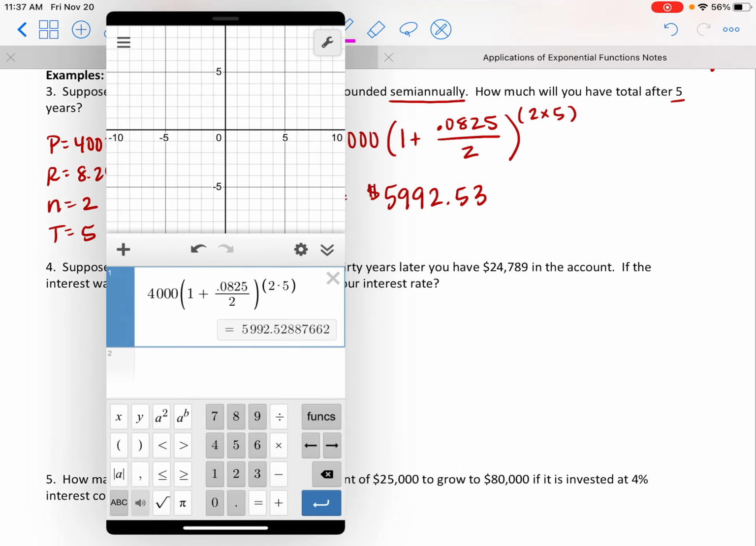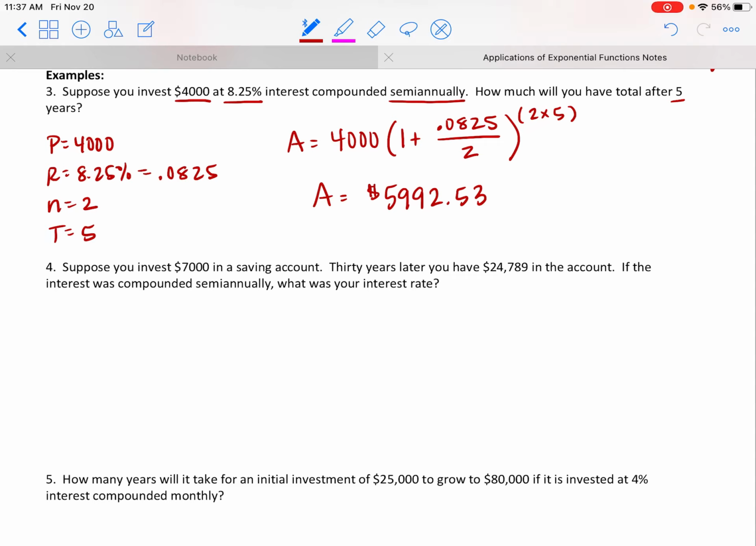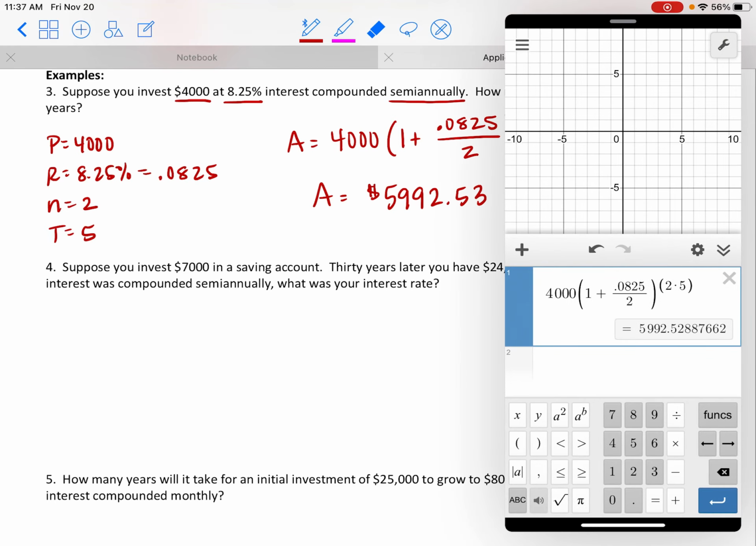$5,992.53. Okay, so what's happening here is you invested $4,000 into this account, and after 5 years of 8.25% interest being compounded semi-annually, you end up with $5,992.53. So if you started at 4,000, let's subtract out that 4,000. That means that you've earned